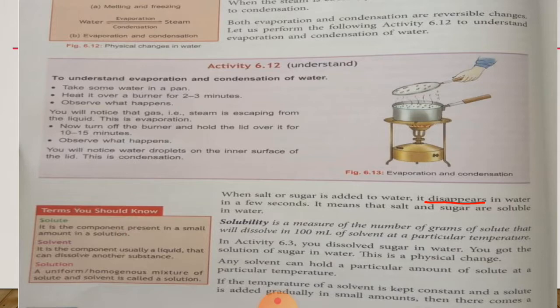You can understand these terms like this: if sugar is added to water, then the thing to be mixed, such as sugar, is the solute; the substance in which the solute is being added, such as water, is the solvent; and the mixture prepared by mixing these two is called a solution. Is that clear?